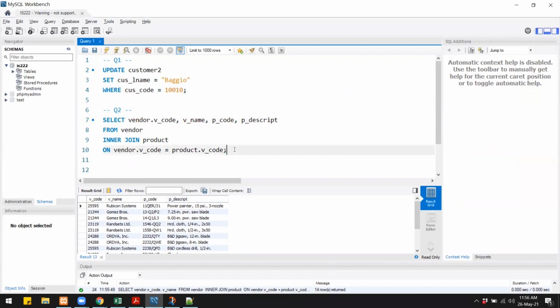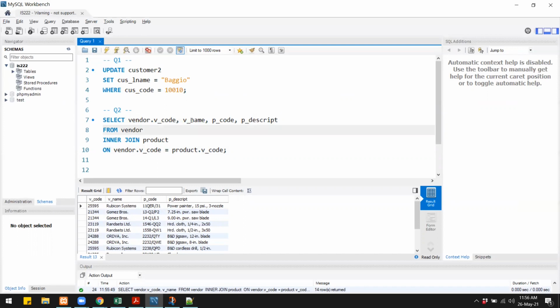Now in here, you will notice that we have followed a convention, that is for every column, we are writing the table name along with that. So vendor code goes with product and vendor code goes with vendor. Then same here, vendor code goes with vendor. But for these columns, we don't have any tables with it. So just to follow along with the convention, we will also write the table name from which they are coming.